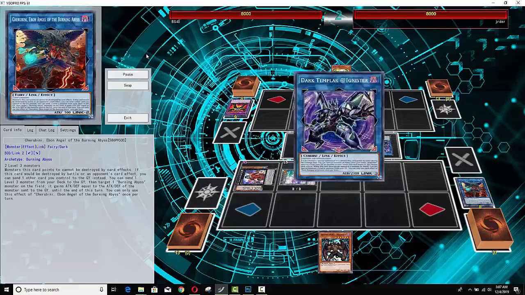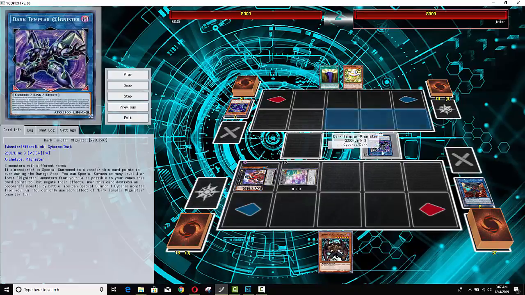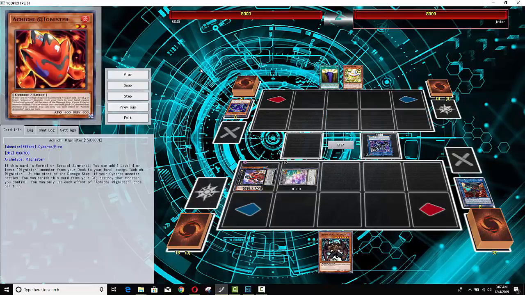He's going to continue on, and he's going to go for Dark Templar, Adignister. This is why leaving this token or even getting the token is a problem. If he runs over any monster with the Dark Templar, he gets basically 3 monsters from his graveyard. I've come to the conclusion this card is basically just busted. We already know that it has a built-in Infernity Launcher, but it can also get 3 monsters